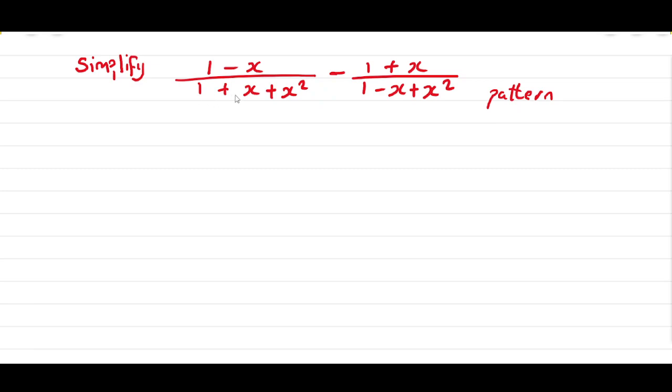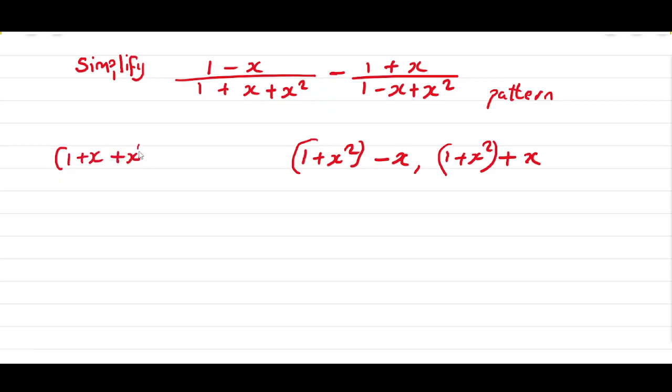Notice here that we have 1 plus x squared, and here we have 1 minus x plus x squared. So the difference between these two is that they both contain 1 plus x squared, but one of them has a minus x, and the other one has a plus x. So if we can group this part here and this part here, whenever we multiply these two expressions, instead of just multiplying them and writing 1 plus x squared, and then multiplying 1 minus x plus x squared, we can simply write this as,